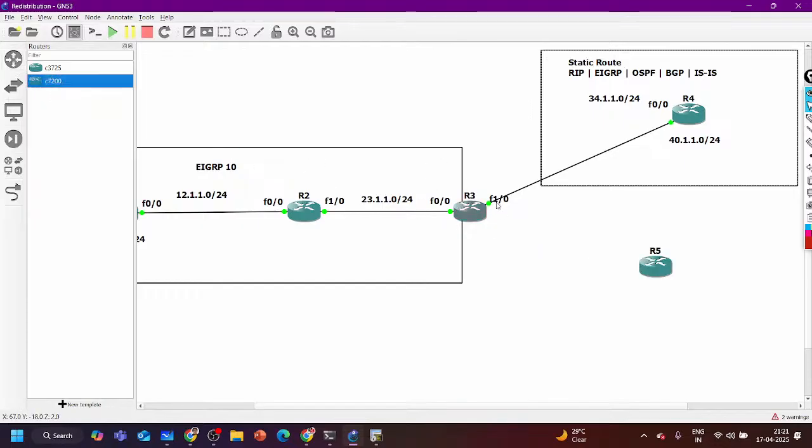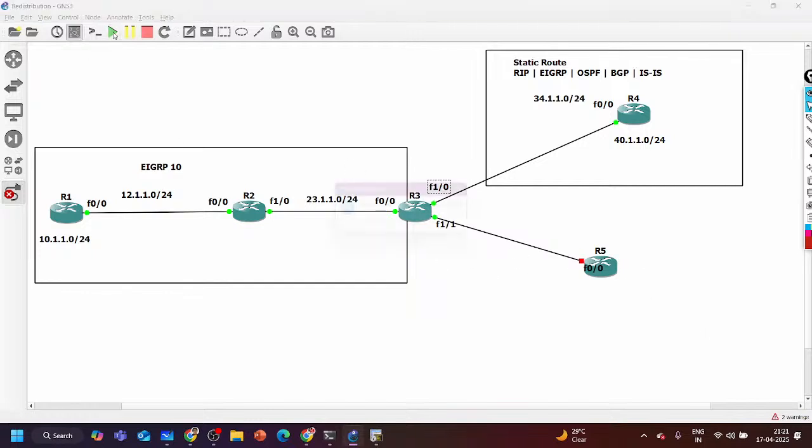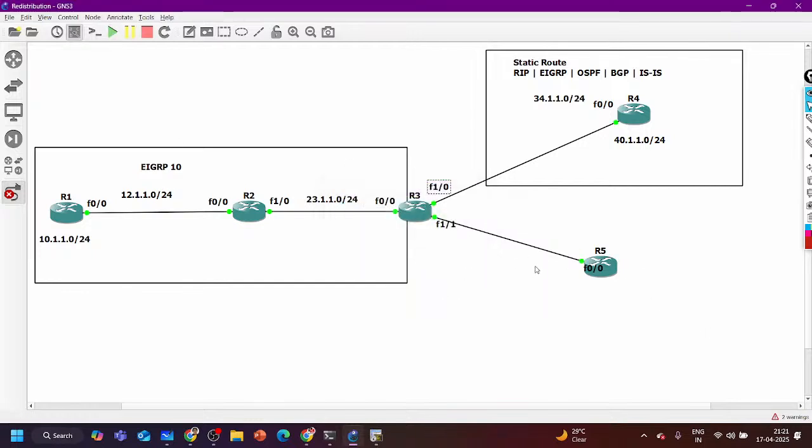And router number 3 is my border router in this kind of case. The border router means the router which is connecting two different types of network, two different AS. When a router is connecting two different AS, that router is known as a border router.